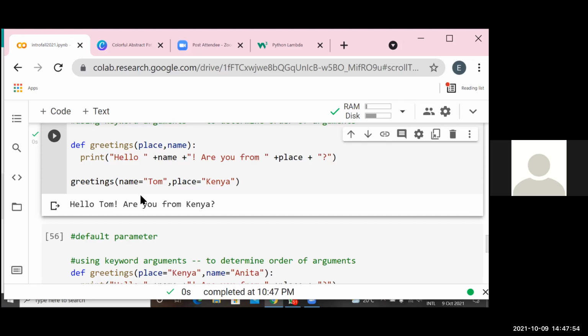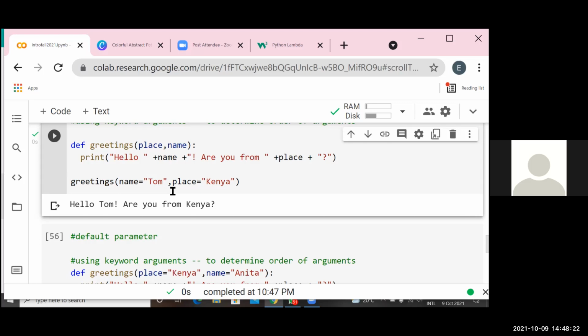So it's up to you how you create your functions and how you call them. It's all up to you how to use them. But remember, if you use keyword arguments, you use them all the way when calling the function. If you don't want to use keyword arguments, you cannot mix the two. You have to choose which one to use.